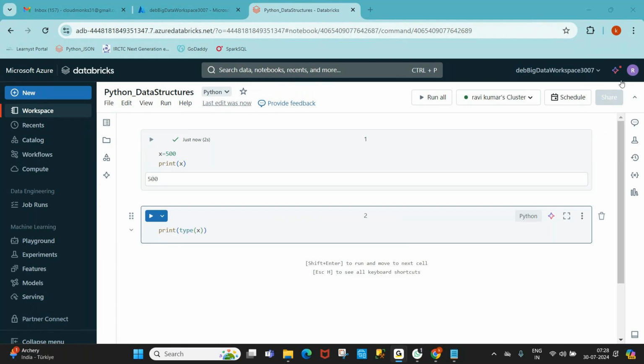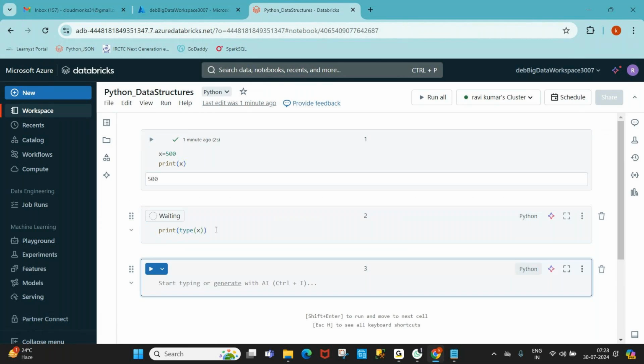If you want to determine what type of data the variable x can hold or is holding, then you can use a built-in function of Python called type. It determines the data type of x.